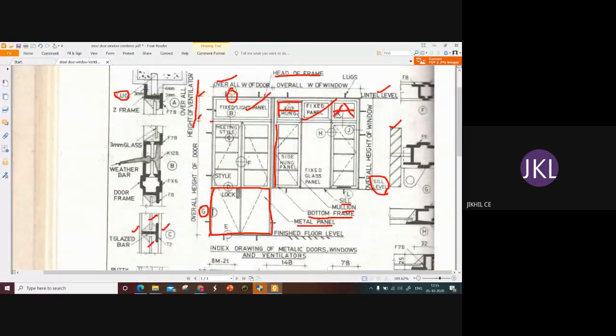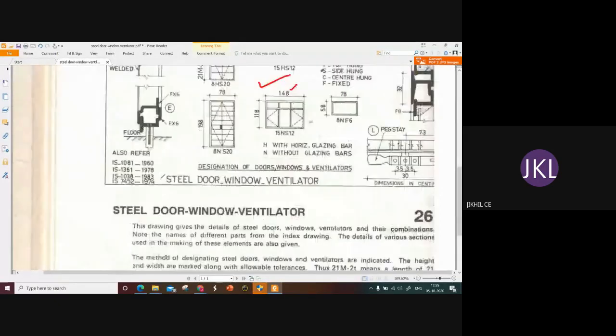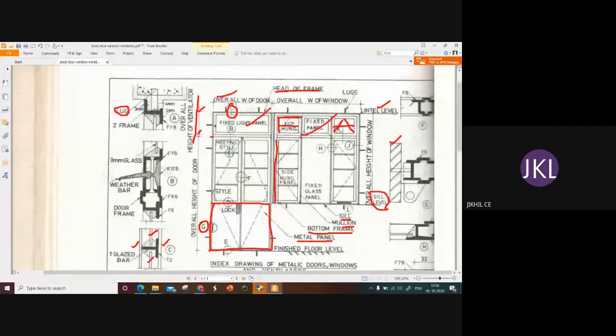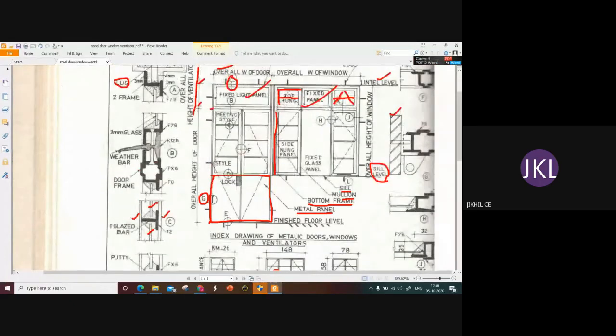So A, B, C, then D, F, G, and E. So the left portion full, and also the right portion, I think only two. F and G you can stop, and don't mention the H, J, and K in the main figure.